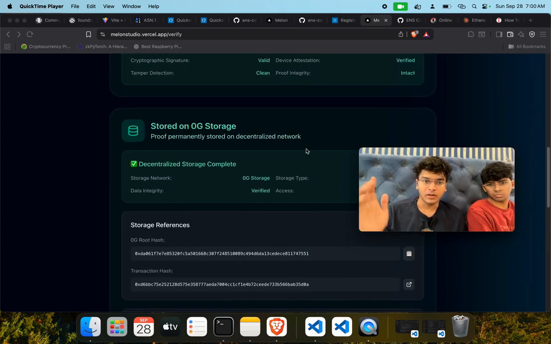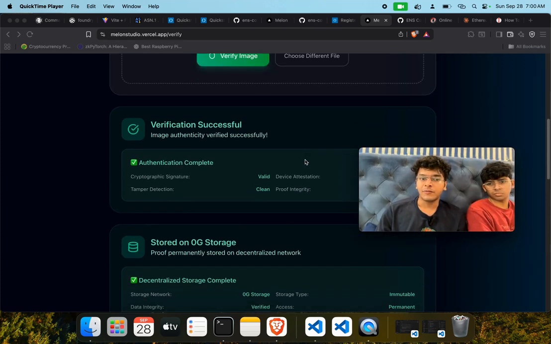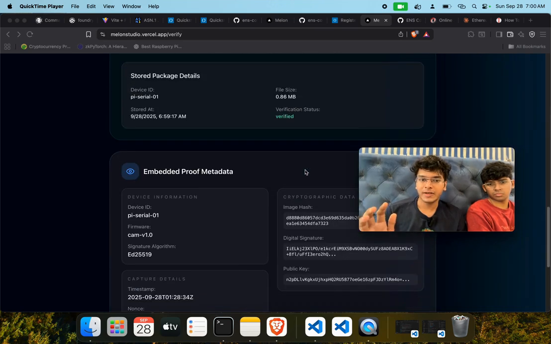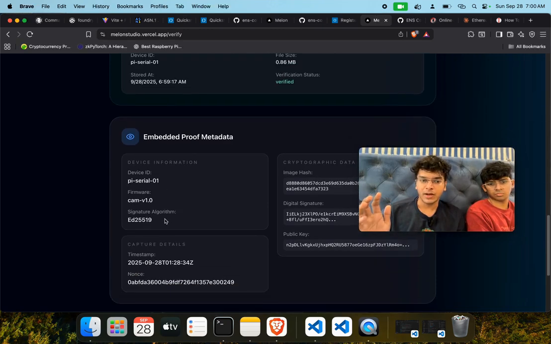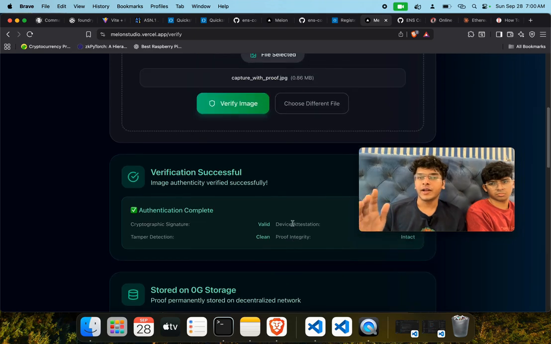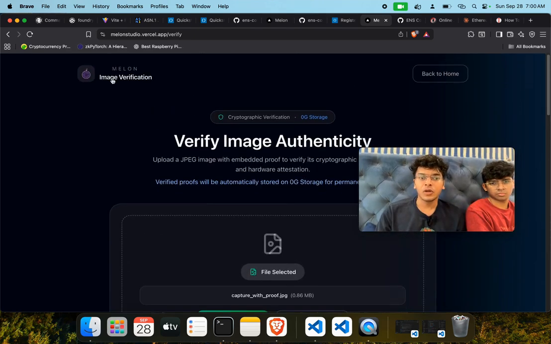As you can see, the data has been stored on 0G storage, and we've also verified our device that it is from a hardware device. And what was the hardware device? The device ID was CL01. What was the firmware? What was the signature algorithm that was used? The image hash and the digital signatures and all of that cryptographic stuff. So the main goal here is to verify the entire photos that you take from a trusted source, which is our Raspberry Pi camera for now. So how would you